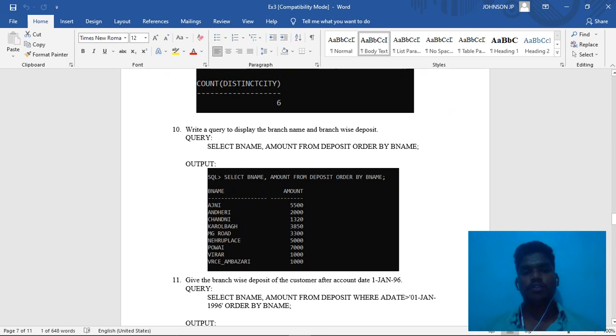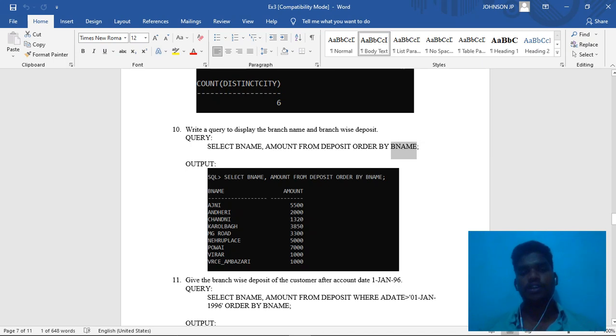Then write a query to display the branch name and branch-wise deposit. So select B name, amount from deposit ordered by B name. So we get the data of branch name and amount, ordered by branch name.